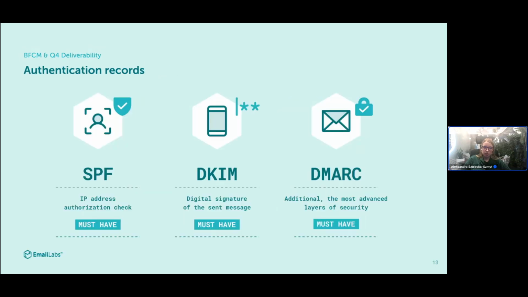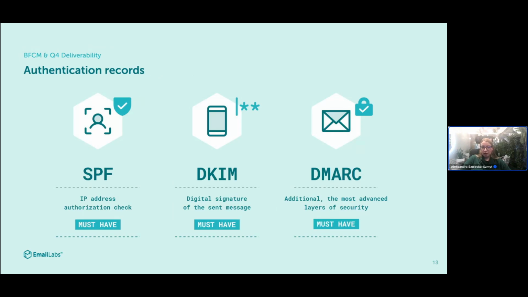And we have the authentication records. We've already said that the domain must be authenticated with SPF, DKIM, and DMARC, at least with a p=none, so neutral policy. And to say shortly, SPF is a DNS record that says this IP address that is used for sending this email is authorized to do it from this certain domain.